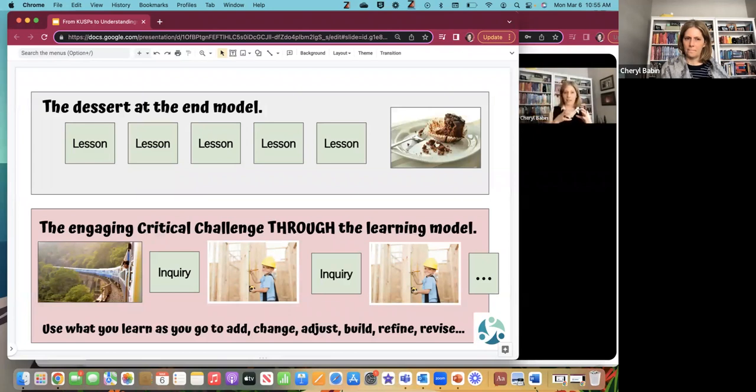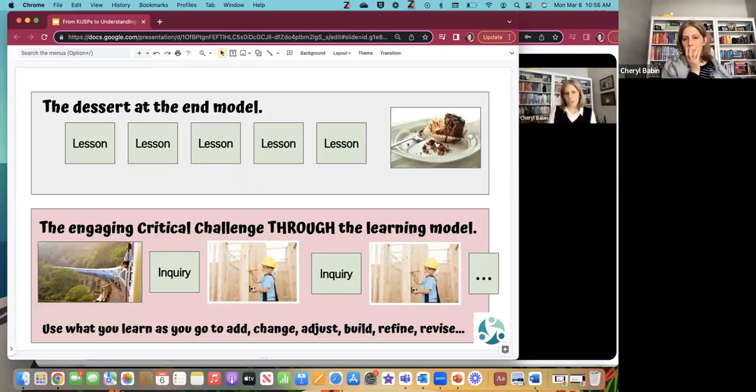But I'm suggesting that you introduce that critical challenge or that project idea at the beginning, and then going on the journey, you dip into a little bit of the things that you need to learn about through that inquiry where you're like, okay, well, wait a second, what's a persuasive speech? We better find out how to do some persuasive writing. What makes a good friend? How do we know what those qualities are?